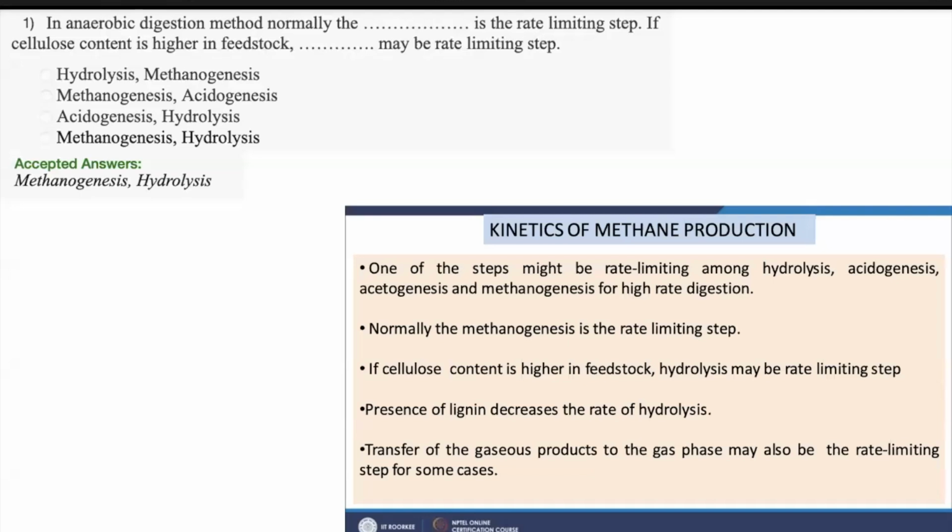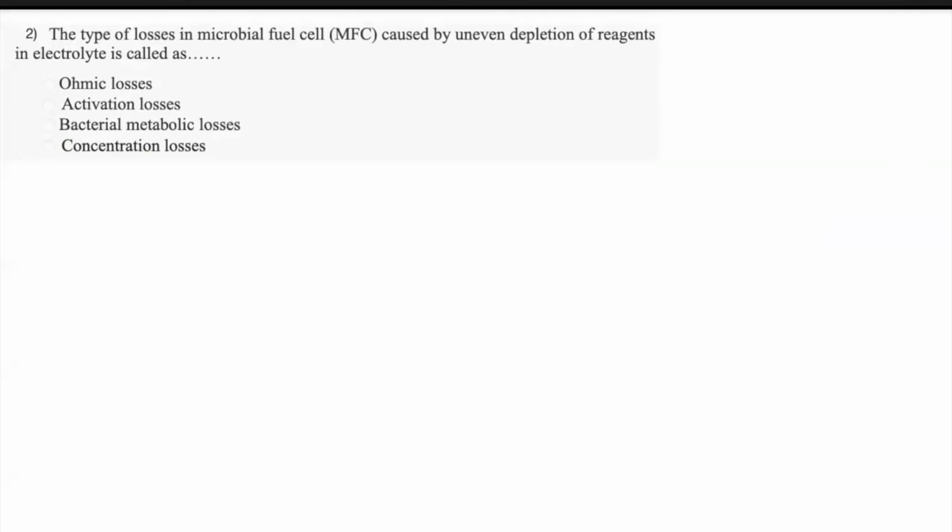So in normal conditions, the raw material which we are subjecting to the hydrolysis and fermentative step is not that complex in comparison to cellulose or lignocellulosic constituent. Hence, if the material is rich in cellulose or lignin or lignocellulosic material, the hydrolysis step will be the rate limiting step, right? Now for the second question, I will give you each 1 minute for each question, and then we will discuss the